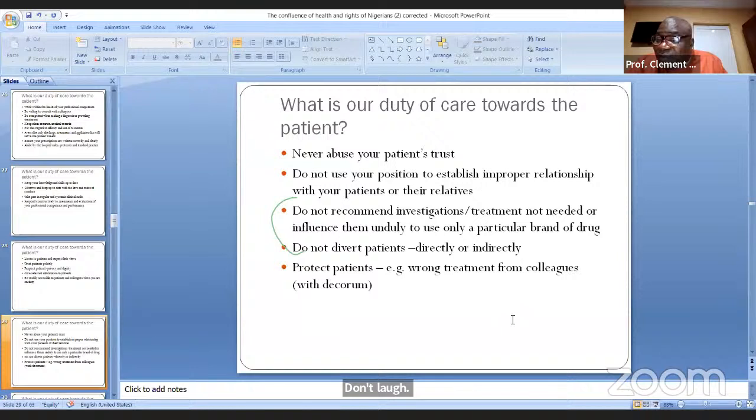If he wants to give potassium chloride push, you call your colleague and say, please, are you aware that is potassium chloride? It's not calcium gluconate. He will thank you. He'll say, thank you, my mind may have had issues, maybe the child is on the other thing and all that. God will bless you, I would have drawn the wrong drug. But if you knew your colleague drew a wrong drug, you kept quiet, and there's evidence to show that you were aware that he drew a wrong drug, you are liable.